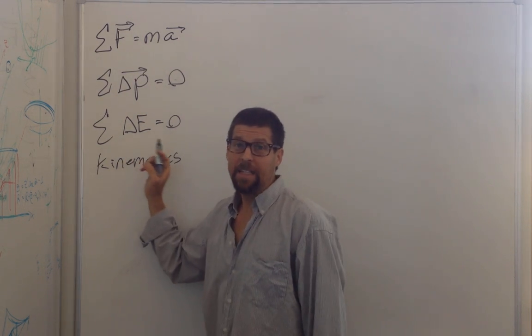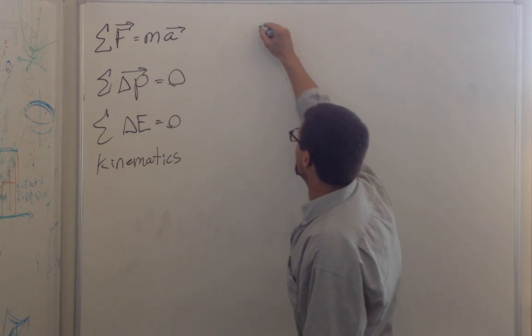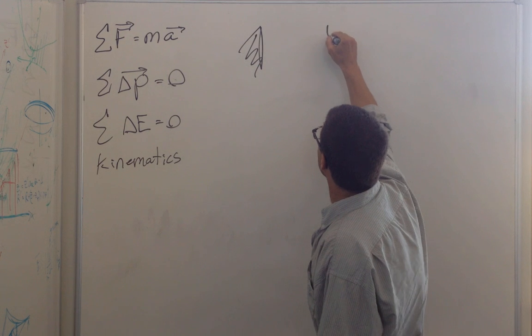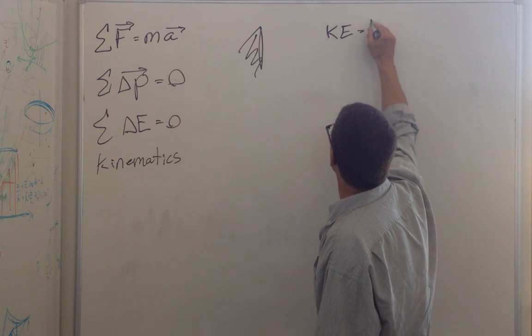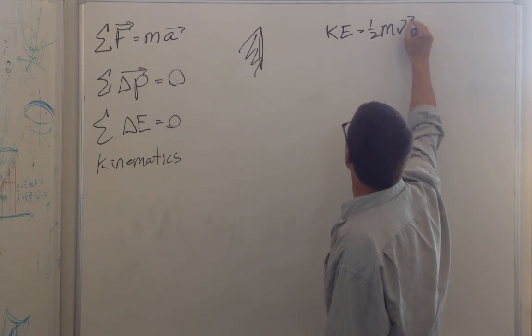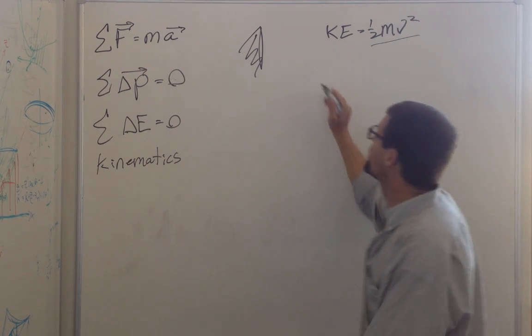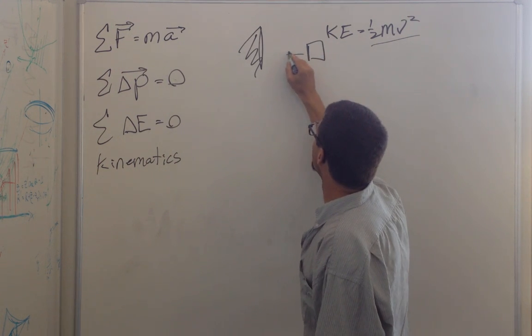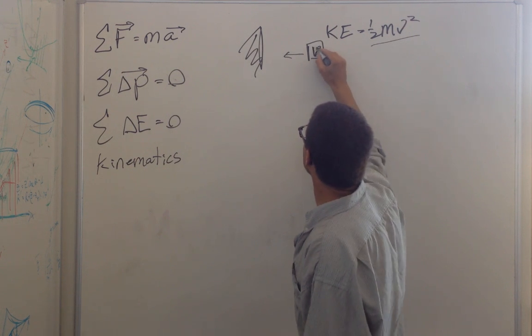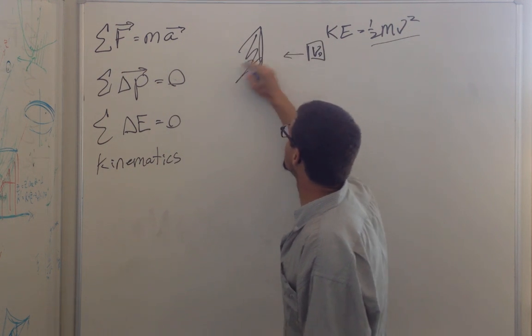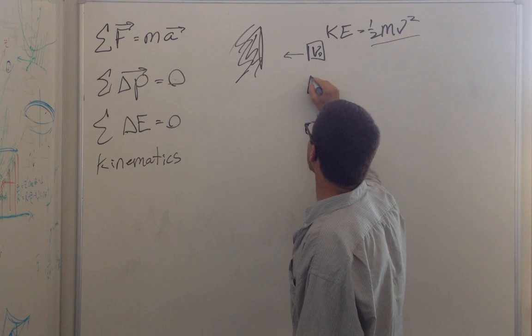Now energy is not a vector, it's a scalar. For instance, kinetic energy. Kinetic energy is 1/2 mv squared. That has no direction because you're squaring the velocity. And for sure, if an object has a certain amount of kinetic energy and it hits a solid surface and bounces back,